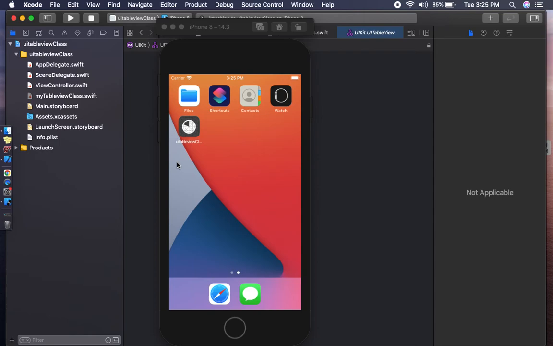And we can give the header also for that, the header section for the table view.